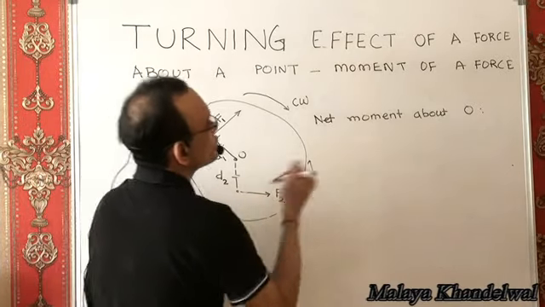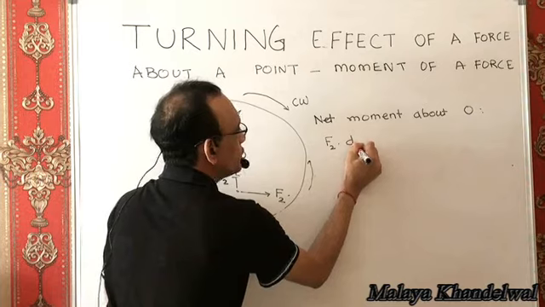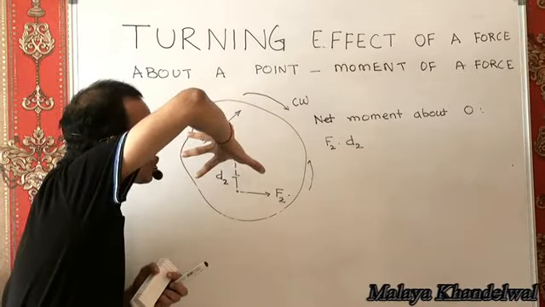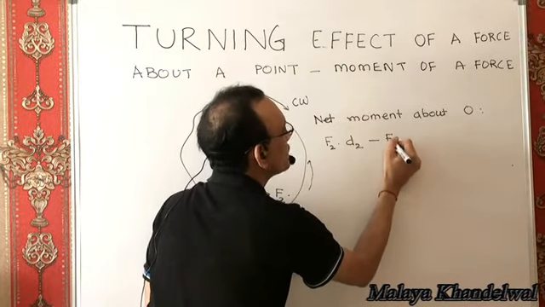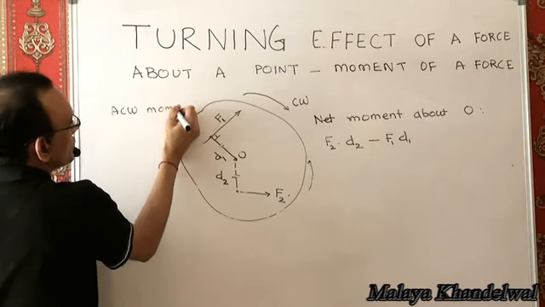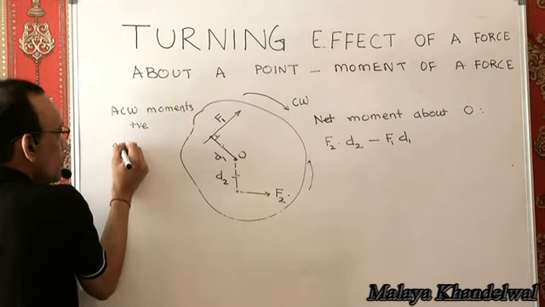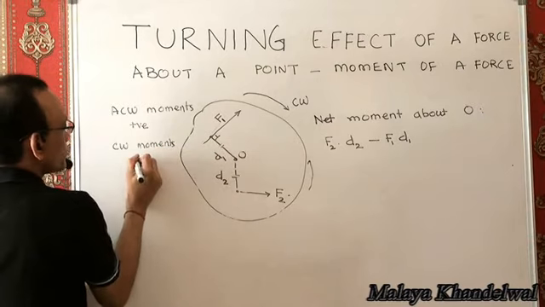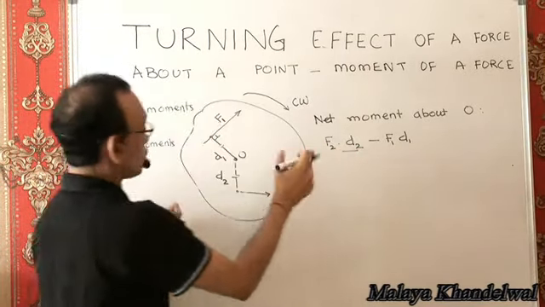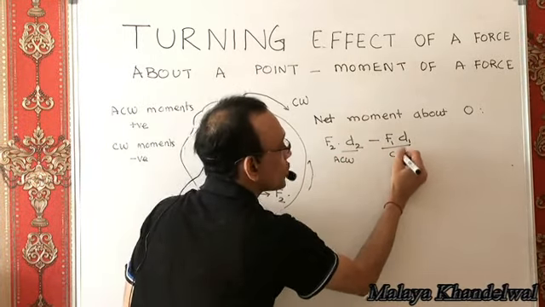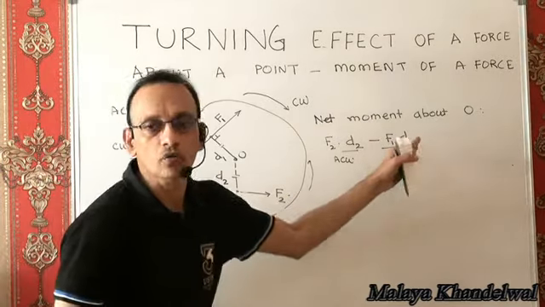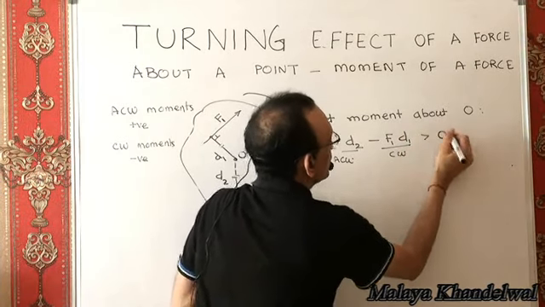So anti-clockwise F2 into D2, anti-clockwise moment about O, positive. F1 produces a clockwise turning effect about O, so that's negative, minus F1 into D1, right? That's the algebraic sum. So what we have chosen in this case is all anti-clockwise moments positive, and all clockwise moments negative. So this is the algebraic sum of clockwise and anti-clockwise moments. Now, if this number turns out to be positive,